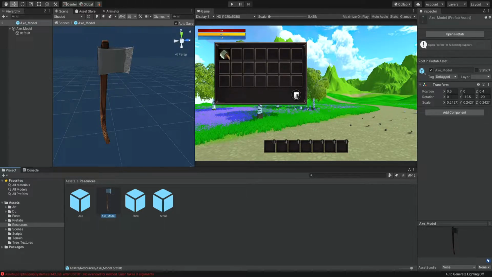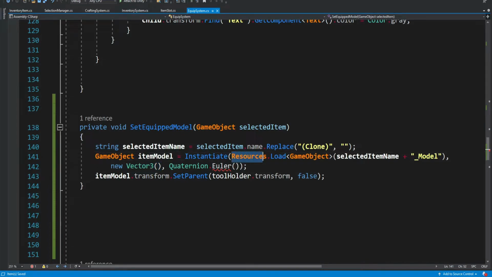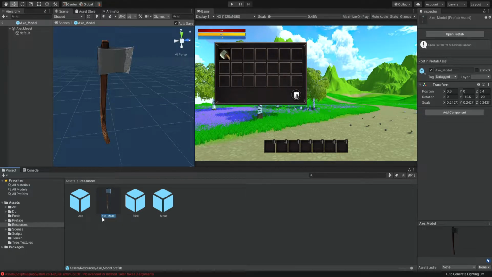So then when it's going to go into the resource folder, it's going to look for an axe underscore model, okay? So this will be our pattern. So later when we're going to have a pickaxe or a knife, then we're going to pass in knife and we're going to give our model the name knife underscore model, okay?